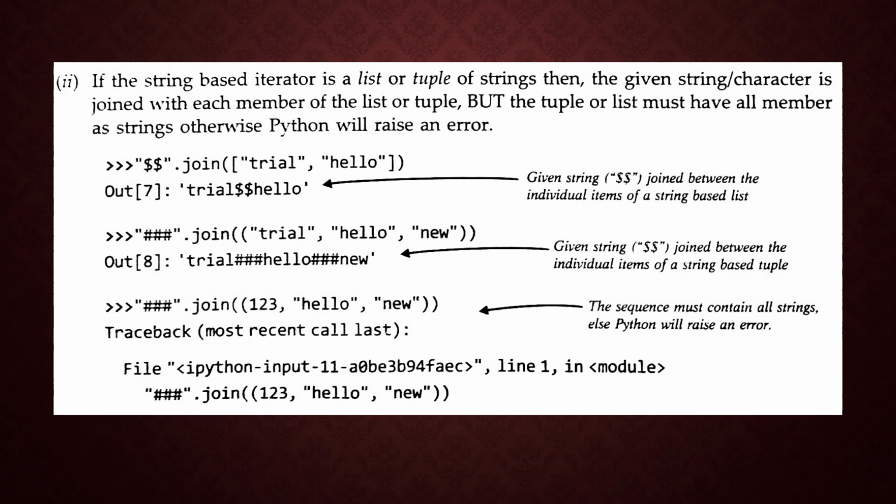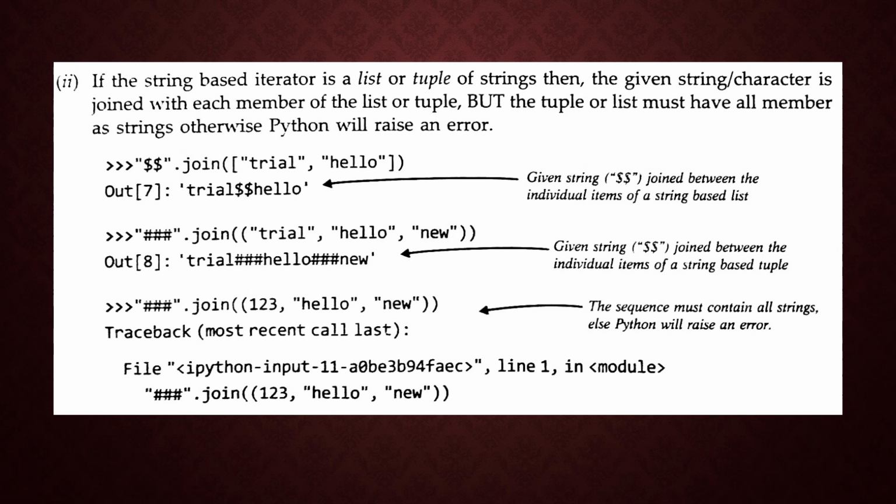If the string based iterator is a list or tuple of strings, then the given string or character is joined with each member of the list or tuple, but the tuple or list must have all members as strings, otherwise Python will raise an error. See, the dollar should be within double quotes, dot join trial, double quote, hello. Actually it's a list, so trial